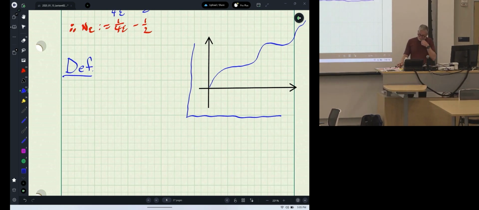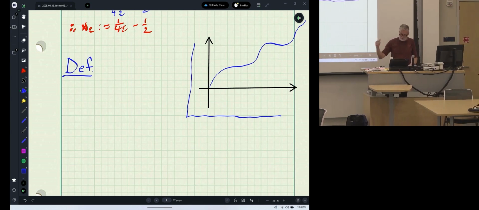But we can formally define what it means that its limit as x gets large is infinite by you specifying some finite bound, and if you can give a bound on x such that if x is to the right of N_k, the function is bigger than k, and you can do that for all possible values of k, then the limit of the function has to be unbounded or infinite. Okay? So definition,